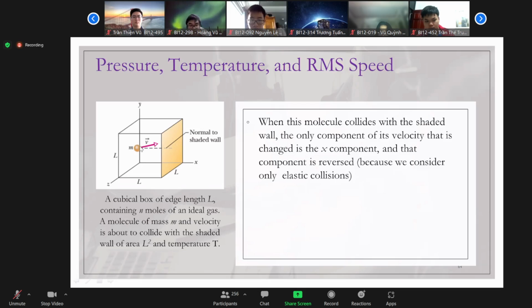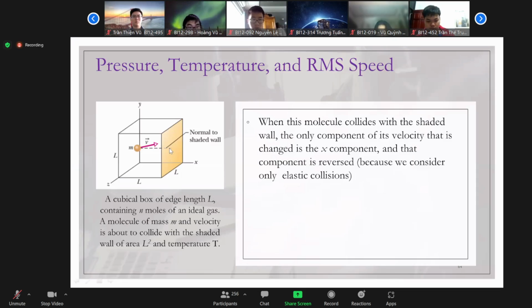Let's imagine this molecule will move along the x-axis and will collide with the wall. And because this is an elastic collision, after colliding with the wall,